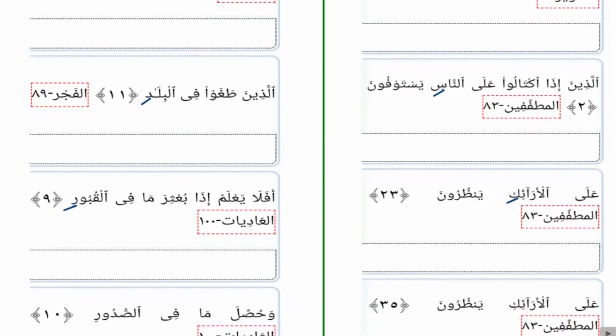Okay. So this is now with one example here. The same thing, على الأرائك ينظرون, على الأرائك, and ما في الصدور. You see, ما في الصدور. So basically, that's just a few examples from the Quran. You can see whenever they come, definitely the noun coming after takes kasra. Fi is a harf jar, so kasra.